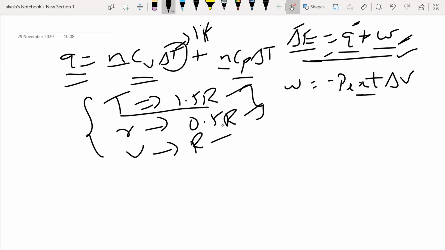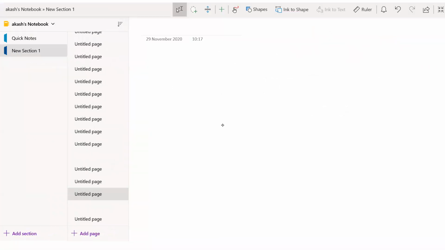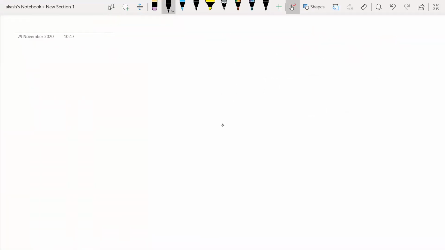But before we move on to see that, there is one important thing which I want you to know. Any kind of process for that matter, or any kind of work which is done, can be categorized into two types. One is what is called reversible processes, and I have something called irreversible processes. Now from the name you'll be able to understand it, but not exactly how it works. Let me tell you in this way.